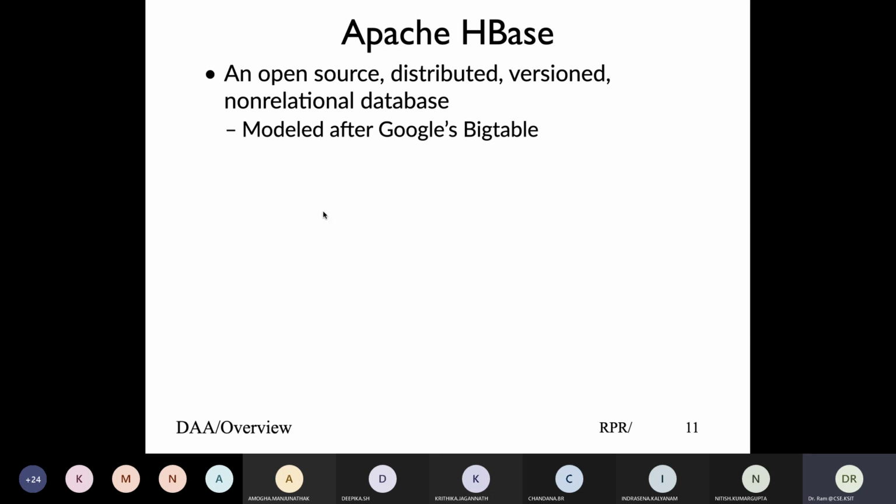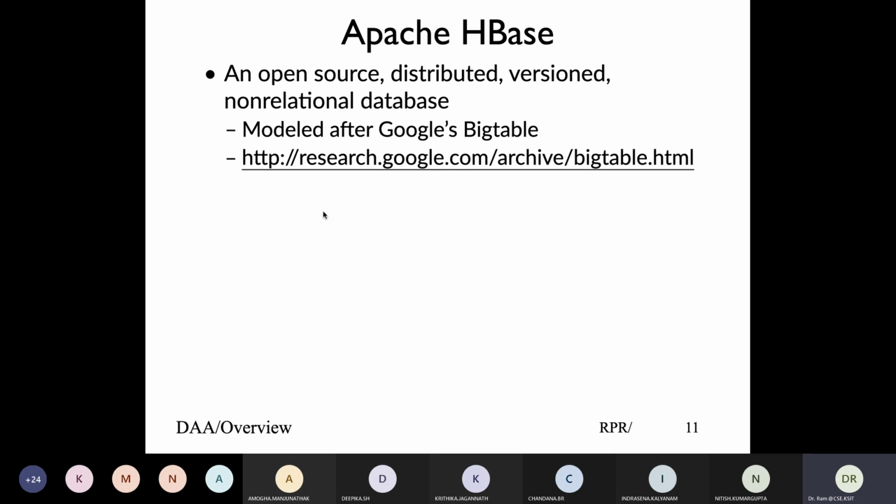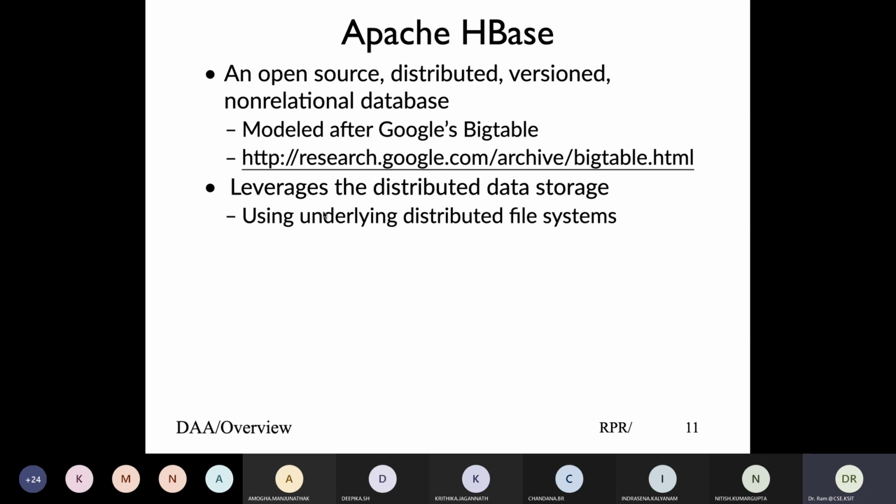HBase is part of the Hadoop ecosystem. It is modeled after Google's NoSQL database called Bigtable. I haven't read it, but those interested, there's a URL, go through that to study Bigtable. Essentially, HBase makes use of the HDFS file system, and HDFS is a distributed file system that runs on different nodes. So you already have an underlying distributed file system infrastructure.